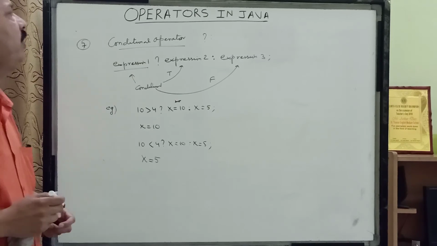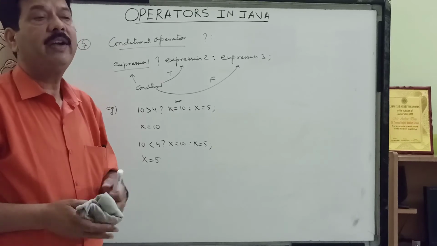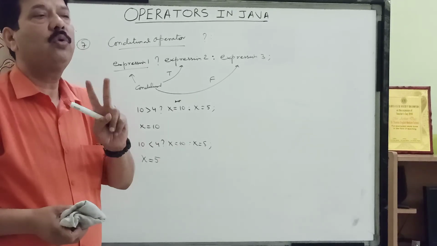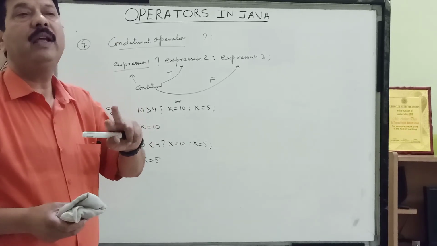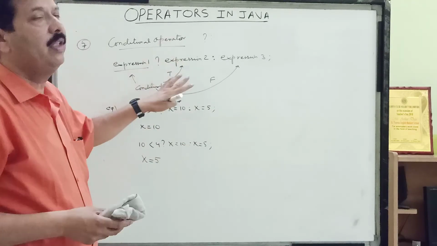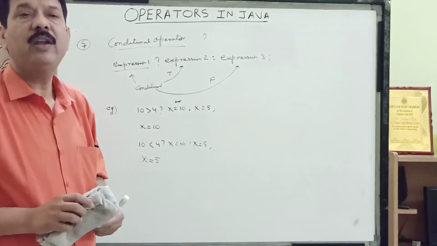So children, here we complete our topic, that is operators in Java. It is very important topic. This topic I have taught you in 2 places. When I was teaching you tokens in Java, I told you, and then this is in detail where we have studied the operators in Java.